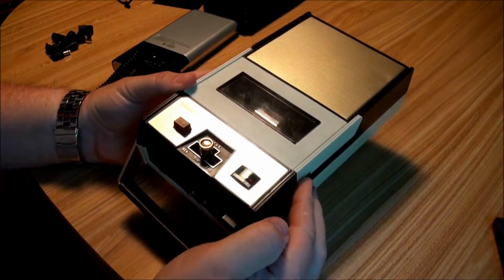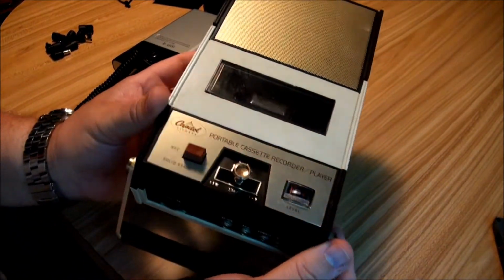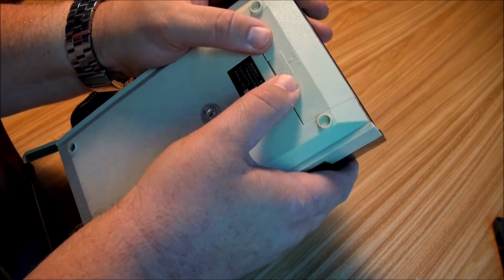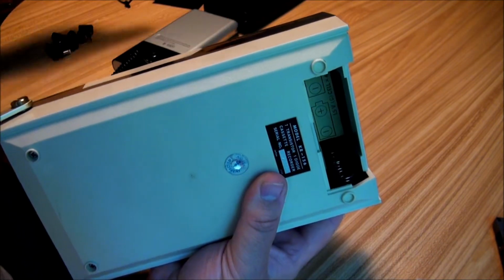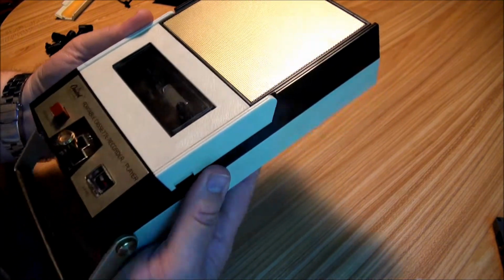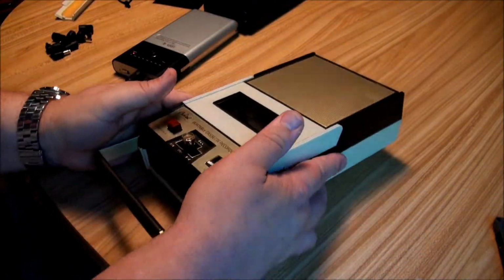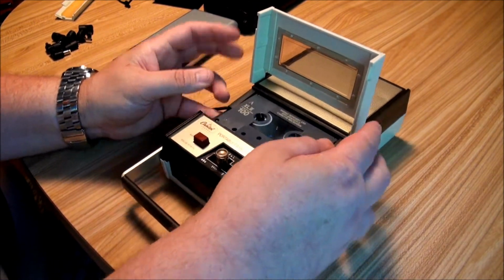Let's say I want to play my 1968 Capitol Records cassette player, but I don't have any batteries for it. This is the model KR-156, which I think they called the Editor. It takes 4 C's at 1.5, so that's 6 volts. So I find my proper tip, plug it in, put a tape in,